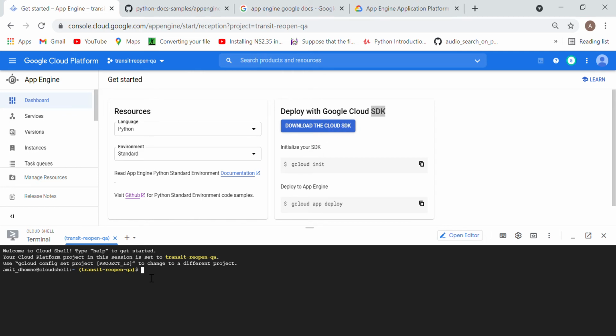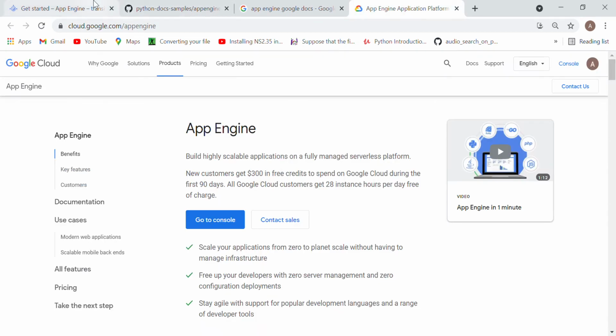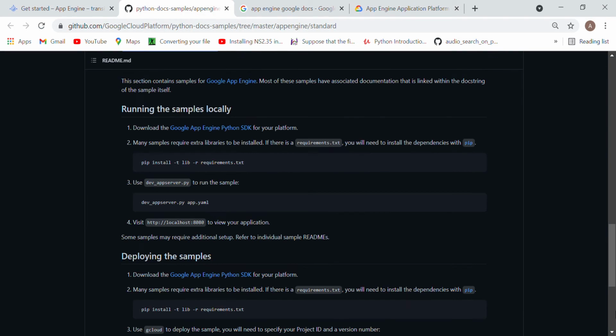How do you go to this path? Just type cd, change directory, and the name of the folder where you have downloaded this SDK. Once you have downloaded this SDK, go to that folder and run this command as it is. You can copy from here and run it. Once you are done with this, you will get a screen like this. On that command prompt, you need to run this command, requirements.txt, and then the main Python file where you have done the coding. Once you are done with this, your application will start on your website.